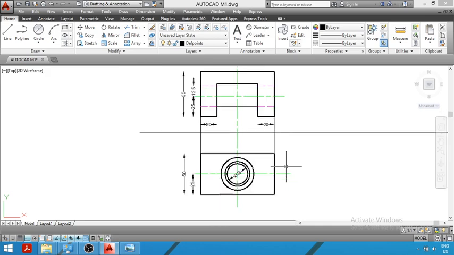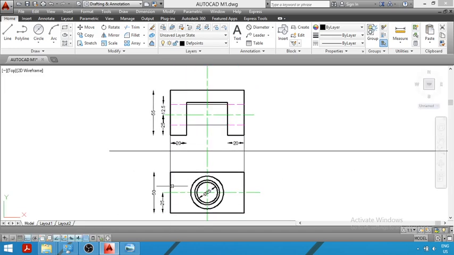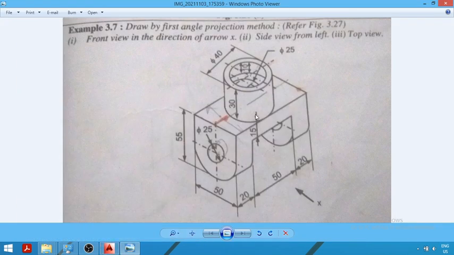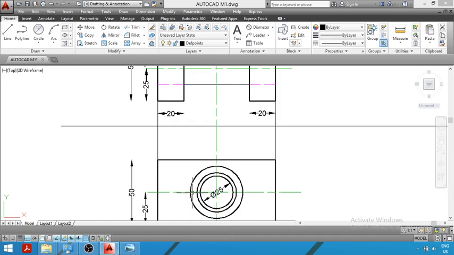Now in the next step, what we will do? We will draw the front view of this vertical cylinder. So in order to draw the front view of this cylinder, we have to just project these two end points. Now this circle represents the top view of this cylinder. So in order to draw the front view, first we will project the end points, that is this end point and the end point on the right hand side. We will project these two end points in the front view.